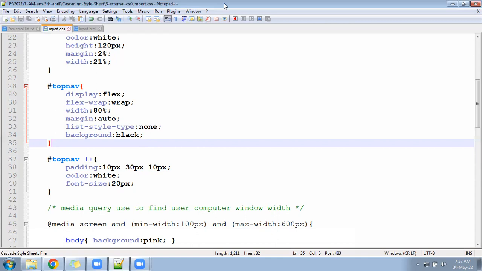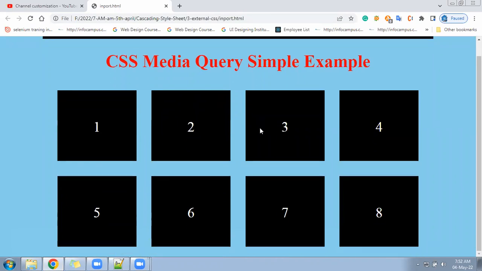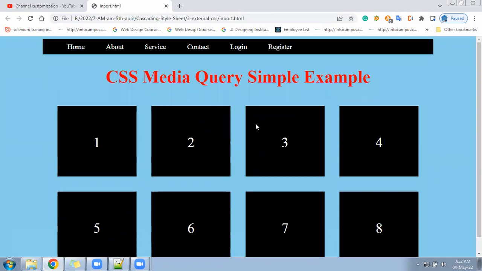Let's come. So both navigation is ready. Let us see how that looks. It just looks like this. Next, after that,